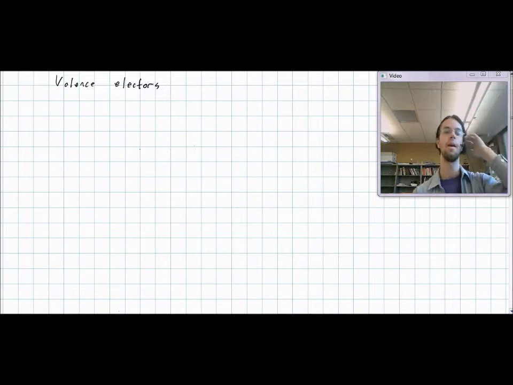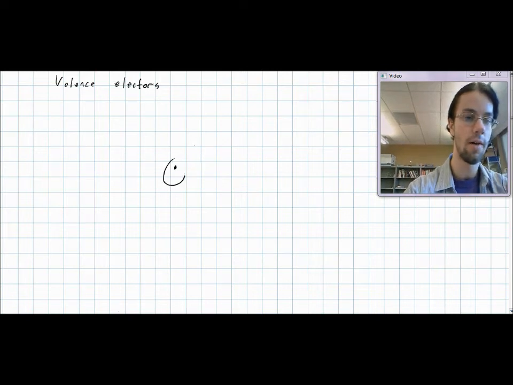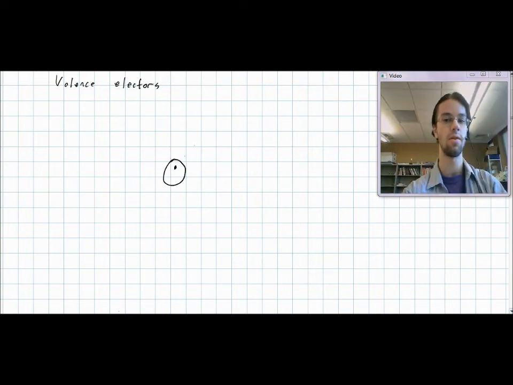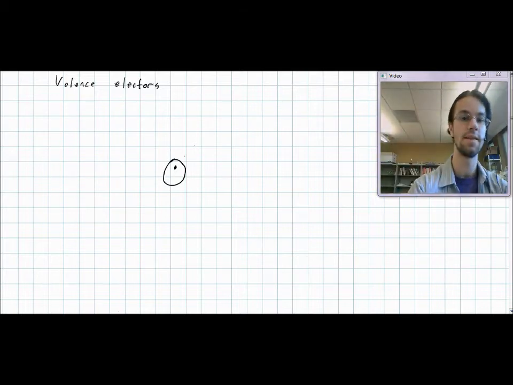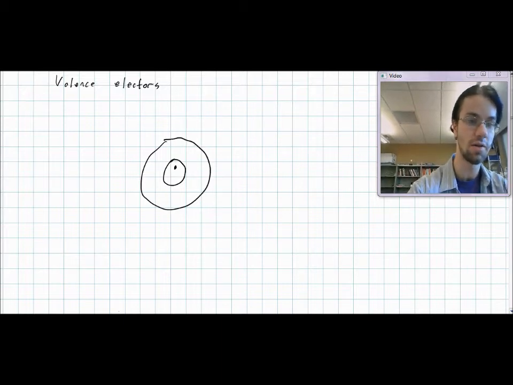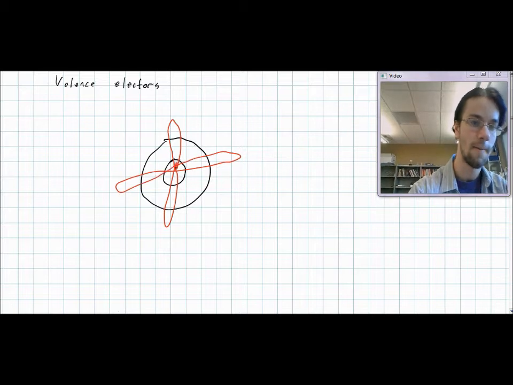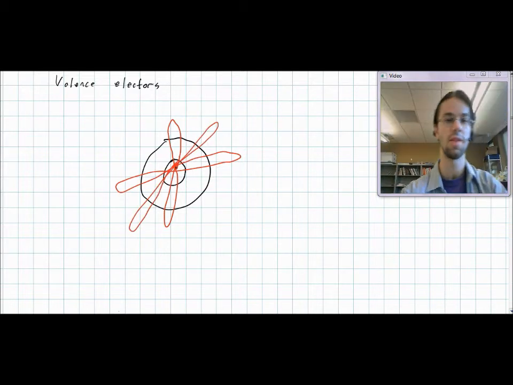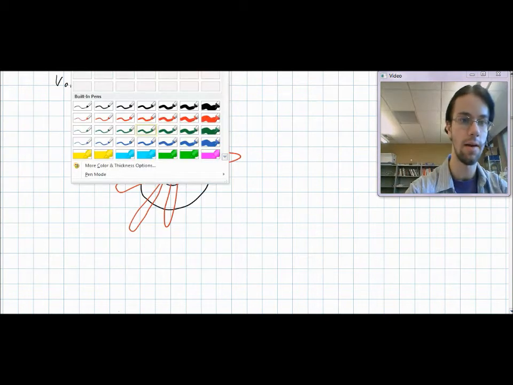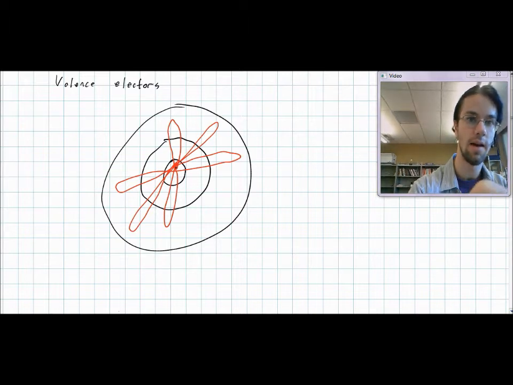So what I'm going to start off with for the valence electrons is what's called orbital theory. Now with orbital theory, we have the nucleus, we have a circle for the first valence shell, and then the second one we're going to get an even bigger circle, and now I'm going to change colors to make it a little bit easier. And then we have a different type of orbital stepping into the picture. And then this is what the second layer looks like, and then the third layer will look something like this,